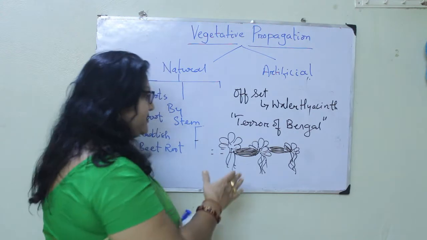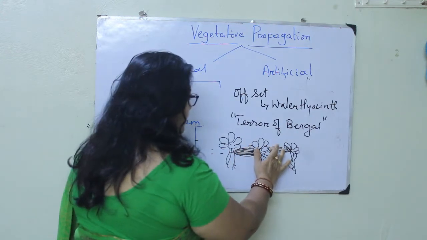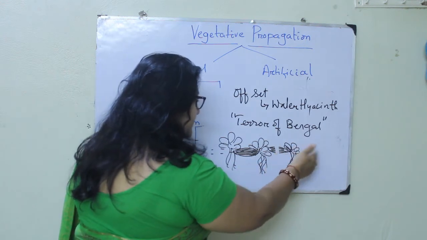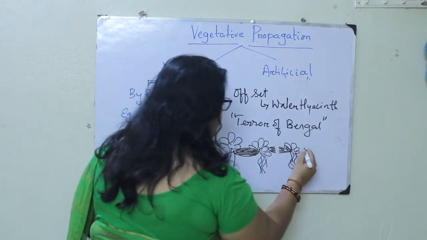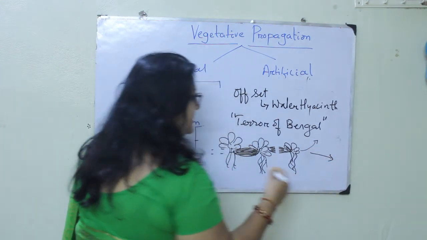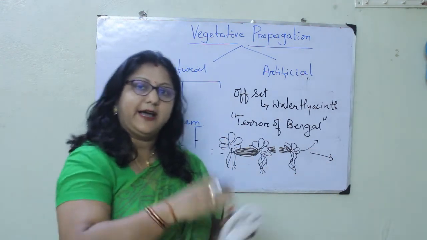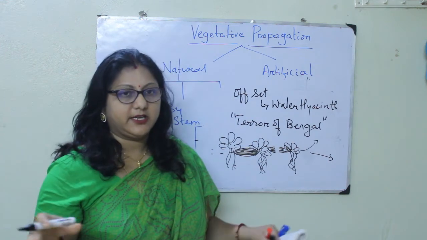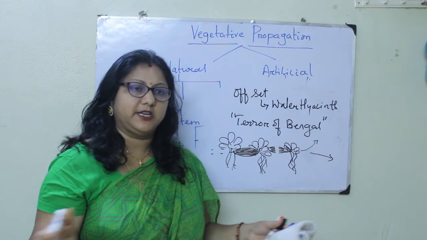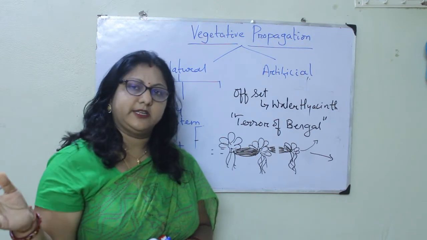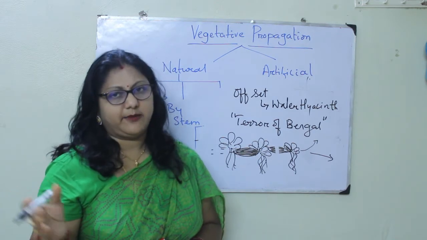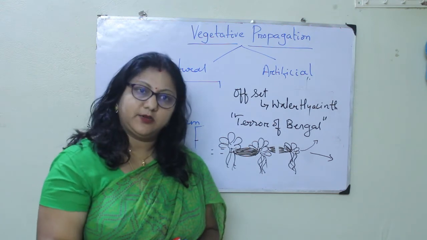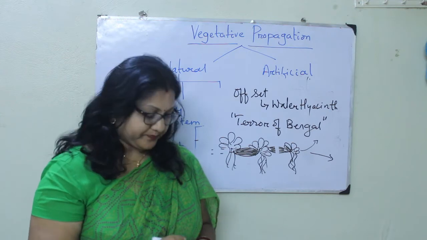And once the offset is broken from the main plant, it is going to move in the water current. It will move to different angles and different parts, and there it will grow into a new water hyacinth plant. It will start creating its own branches, new offsets, new plants, totally covering the water body and destroying it at the same time. Clear? So this is how the offset also propagates vegetatively.